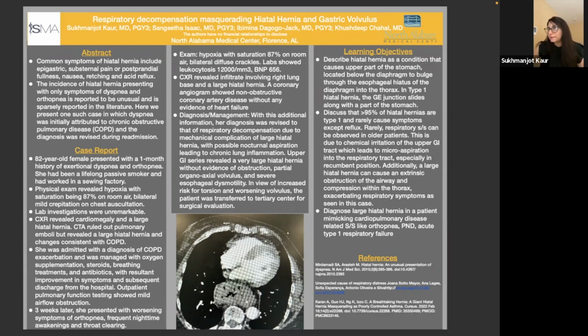So with this additional information, her diagnosis was revised to that of respiratory decompensation due to mechanical complication of large hiatal hernia with possible nocturnal aspiration leading to chronic lung inflammation. Upper GI series was done, which showed a very large hiatal hernia without evidence of obstruction. However, she did have partial organoaxial volvulus and severe esophageal dysmotility. In view of her increased risk of torsion and worsening volvulus, the patient was transferred to a tertiary center for